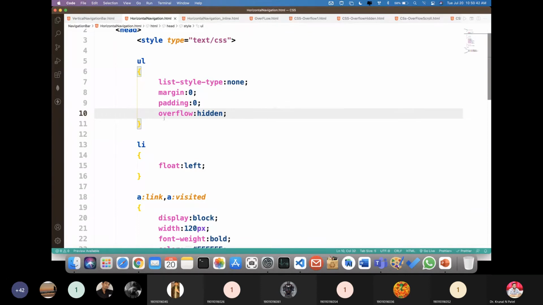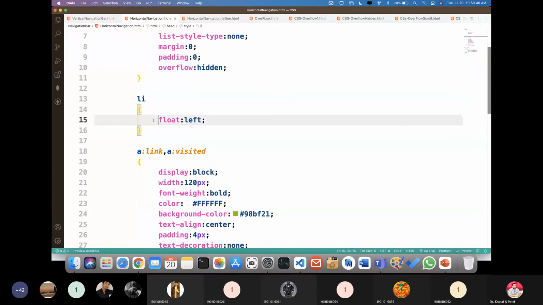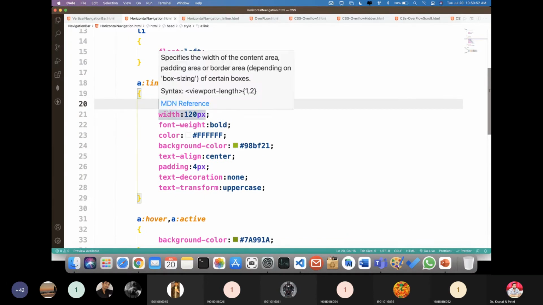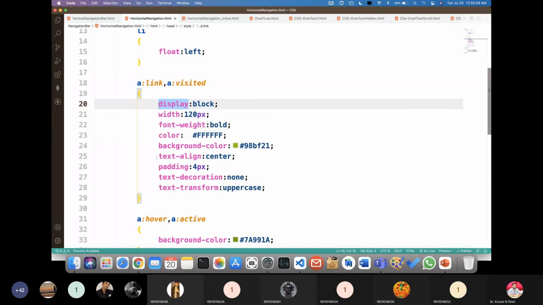Okay. So for that, I have used overflow equal to hidden. I have used li float left, and display equal to block I have used, right? Here width, background color, text decoration, text transform, all these properties I have used, right?